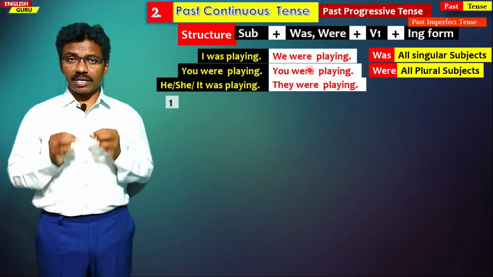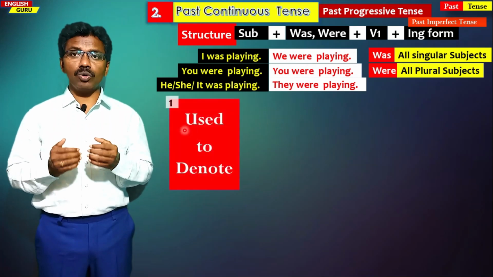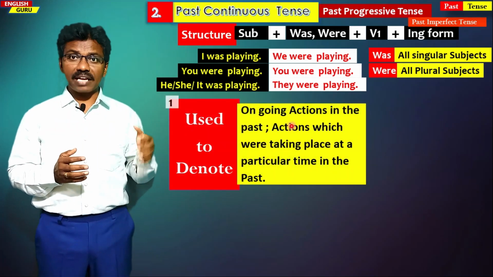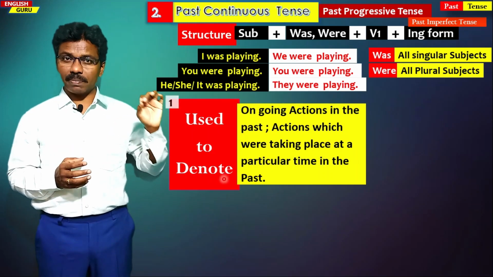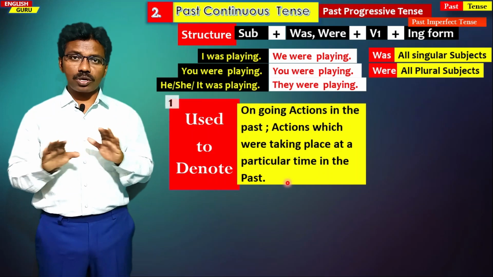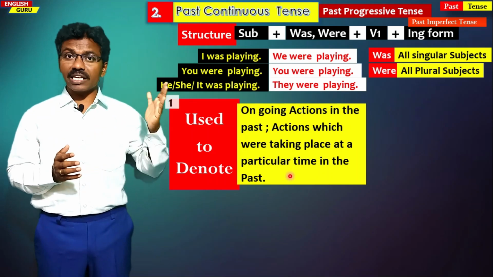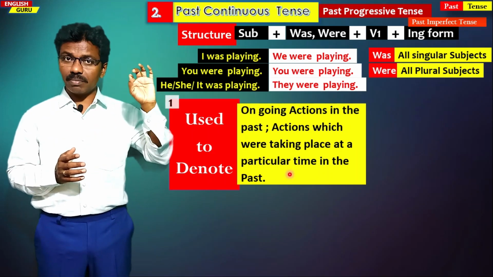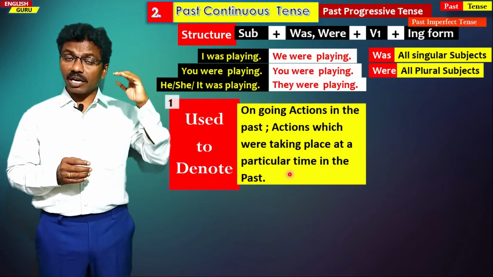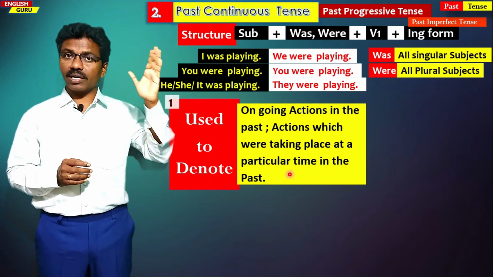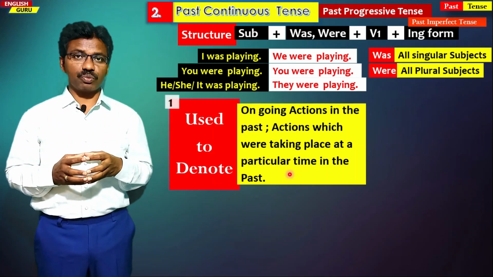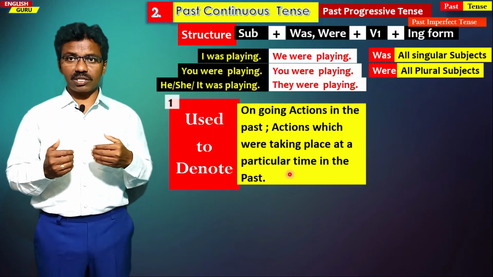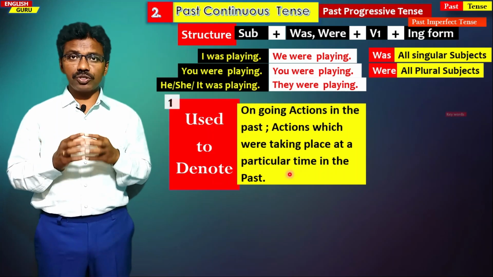So this particular tense is used for ongoing actions in the past, actions which were taking place at a particular time in the past. Right now they are not taking place, but they were taking place at a particular time in the past. They were continuing at a particular time in the past. So for such kind of situations we use past continuous tense,